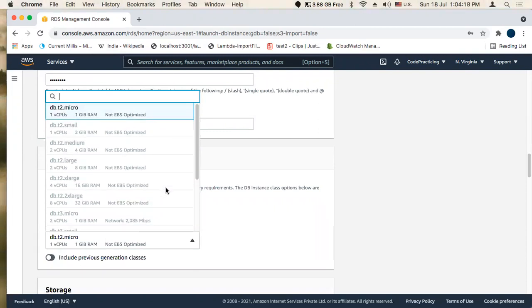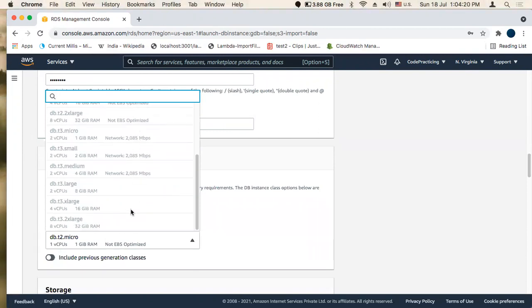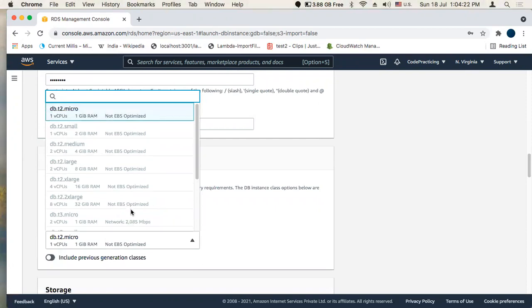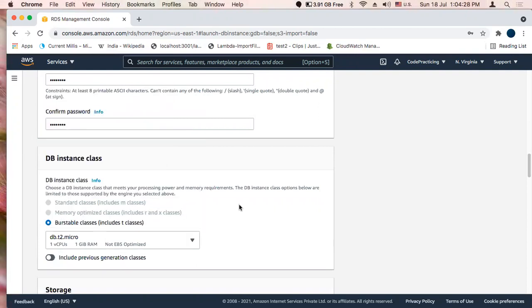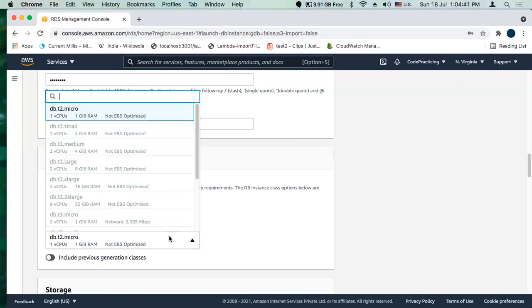Look, all other classes are disabled. By default this class is enabled based on your selection of template. We have selected free tier. That's why T classes DB instances are enabled for our selection.